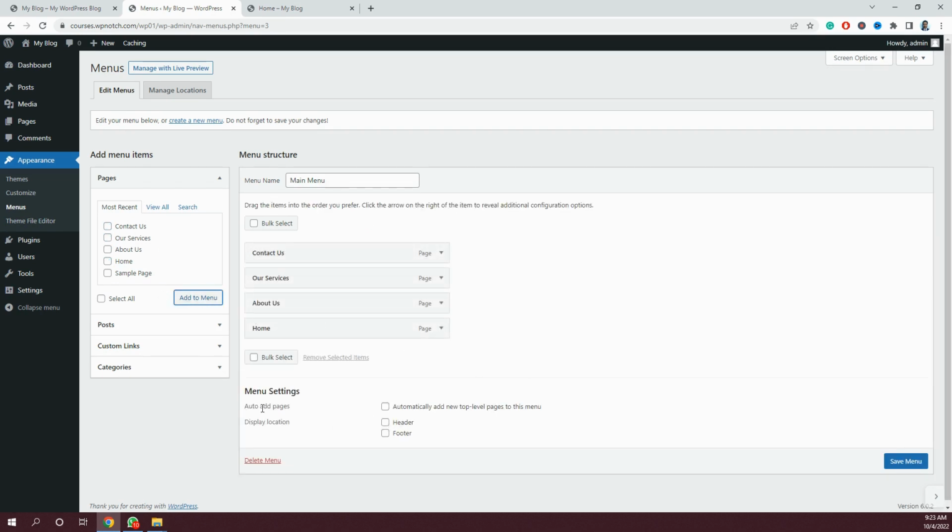And here at the bottom you will find two options. Number one is auto add pages. When you check this option, it will automatically add all the new pages that you create inside this menu. And the second option is that here we have two locations where the theme is calling the menu. So we can either display the menu in the header or in the footer. So for now I'm clicking the header here,